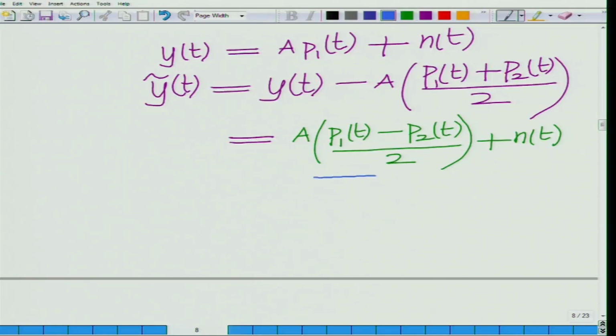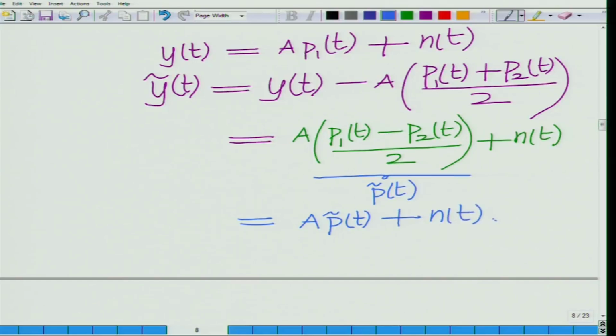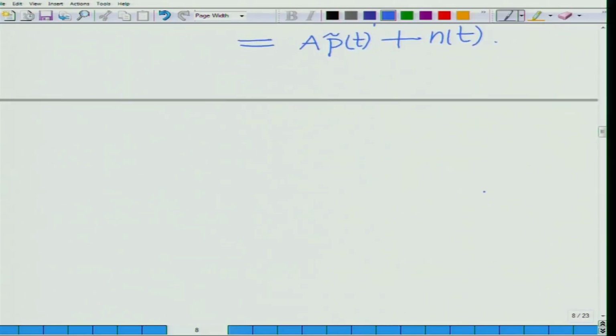Similarly, let us call this p tilde t, that is, p 1 t minus p 2 t divided by 2 is p tilde t. So, that is a times p tilde t plus n t, and further for information bit 1,